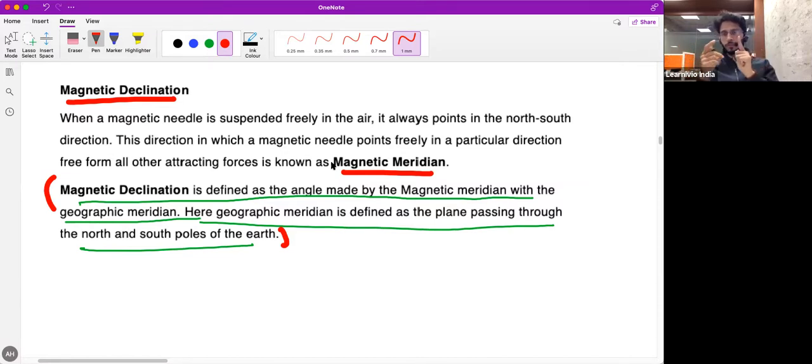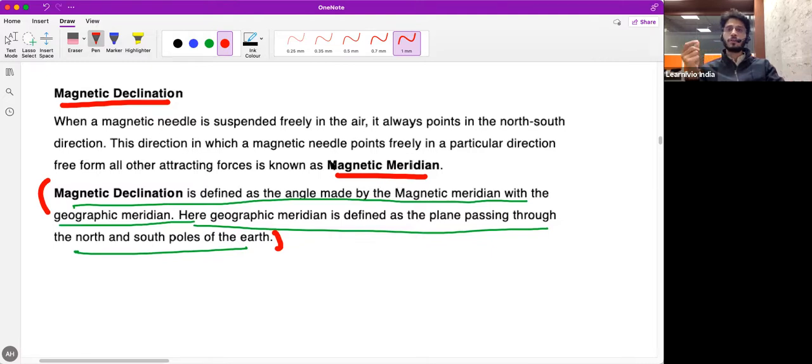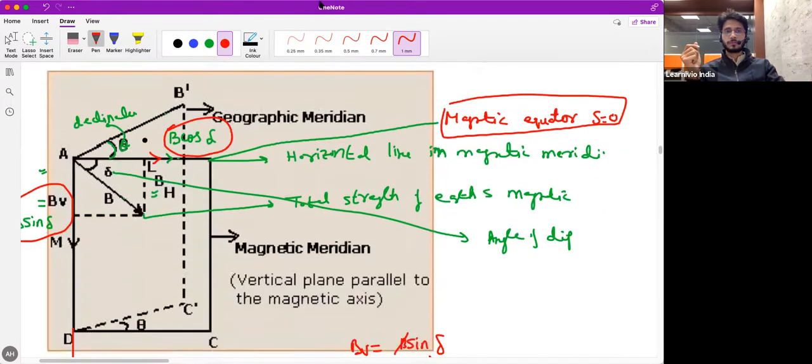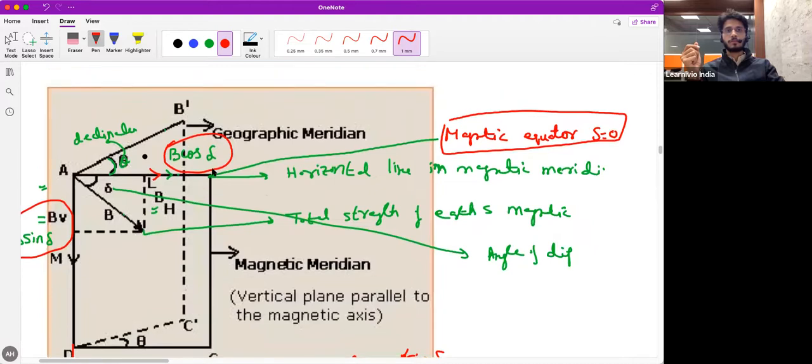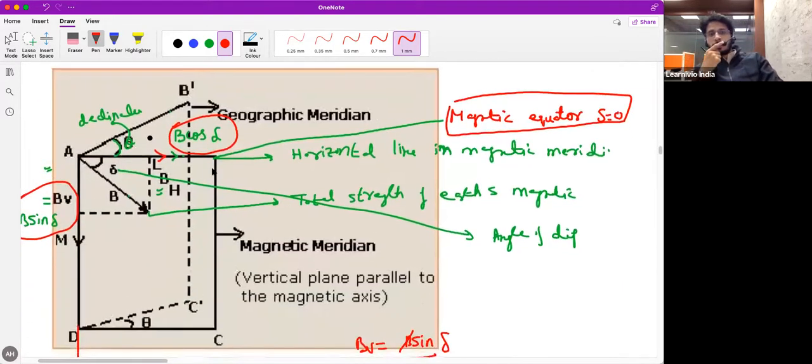The first difference is if you take two lines in a plane geometry, then those two lines will never intersect. But if you draw two lines on the surface of a sphere, then these two lines can intersect. So that's why this angle will not always be 11.3 degrees. This angle will vary from position to position, and this will give you the error shown by your compass needle. Yes, sir. Clear. So this is magnetic declination. Next is this.